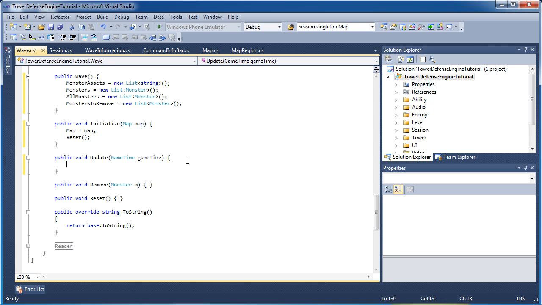Alright, the update method, that's going to be the most lengthy method in this class, that and reset. And what we need to do in the update method is check to see if the wave is not done. If the wave is not done, we need to remove the monsters that need to be removed from the list, and then update all the other monsters. So we need to check if is not done,